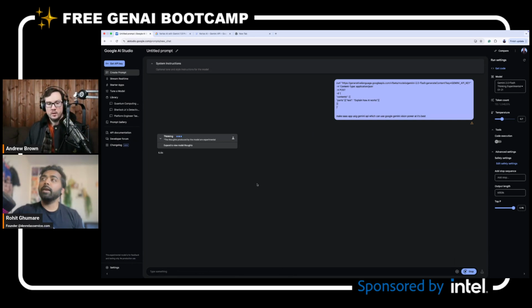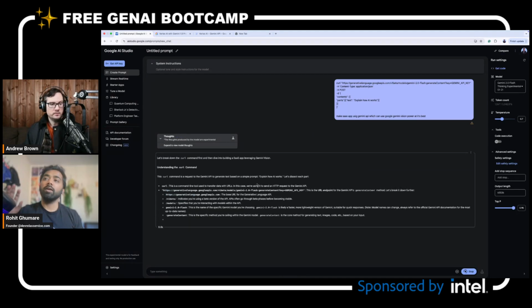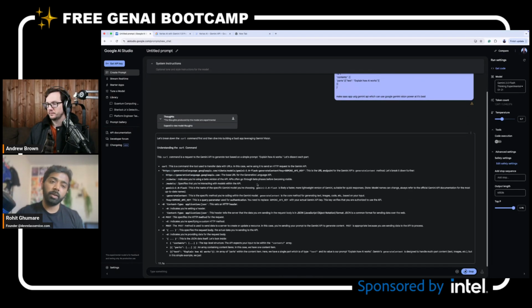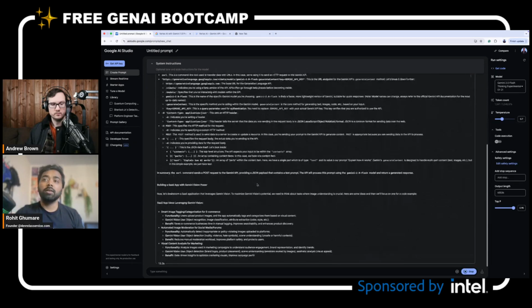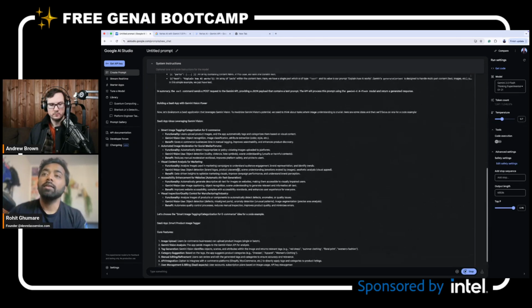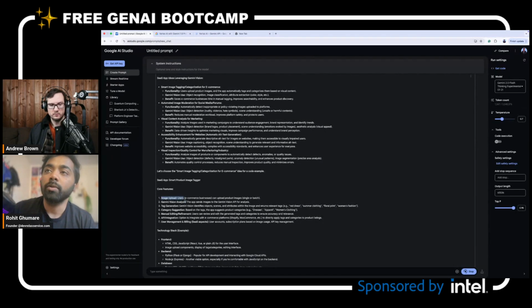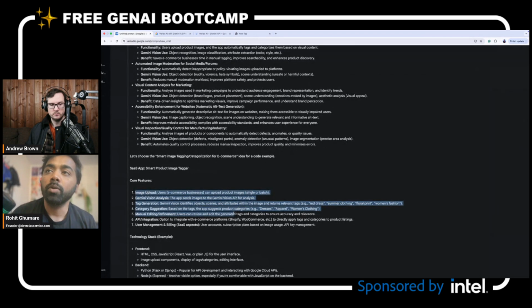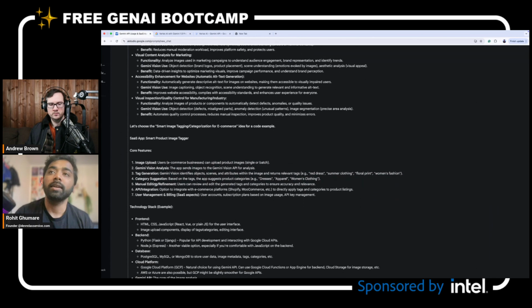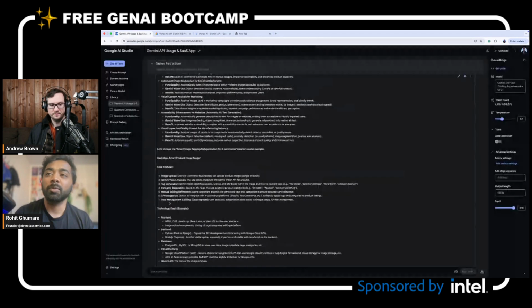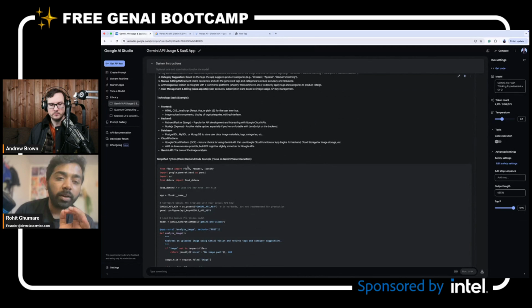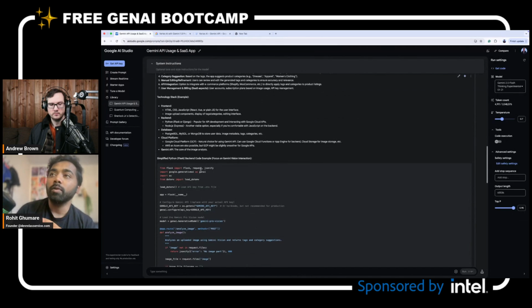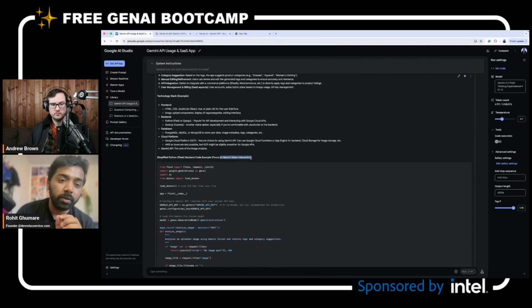It should actually give me the code of how I will use this Gemini in my own local system. So let's see. It is providing core features like you will see here, like image upload. E-commerce business can upload product images, then Gemini vision analysis, then tag generation. So the entire thing it is providing on its own. And it also provided simple Python Flask backend code for me, focusing on Gemini vision because that was my goal from the start, right?